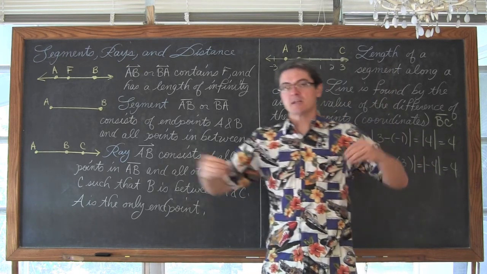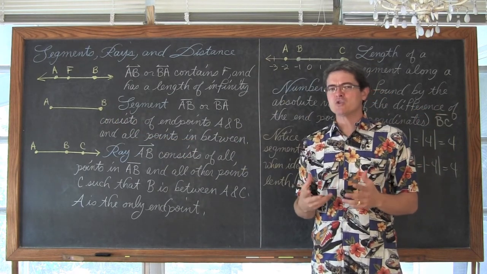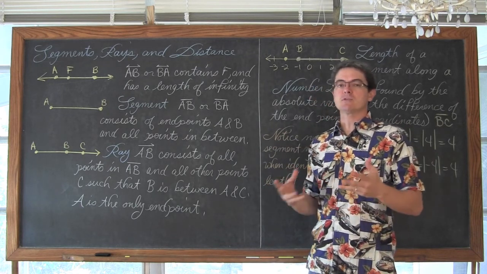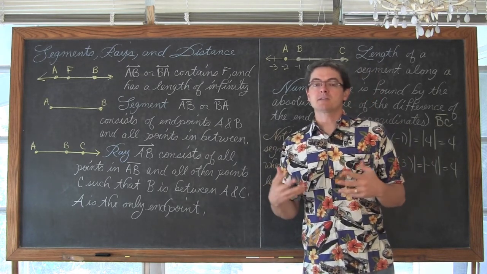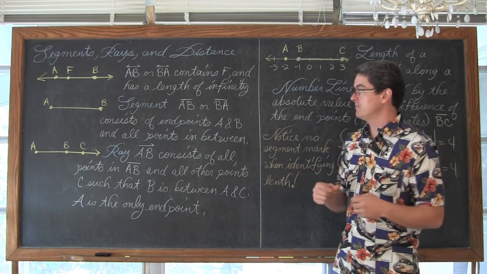Lines extend in both directions forever and thus do not really have a measurable length. This is sort of like a theoretical maximum length of infinity, which is an idea, but it's not an absolute number. So we can say you can't really measure the length of a line.